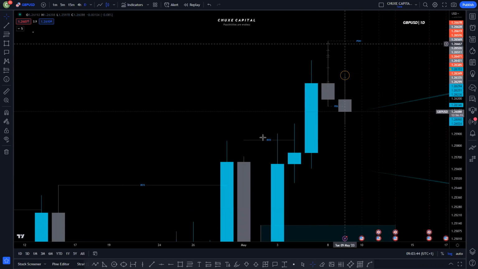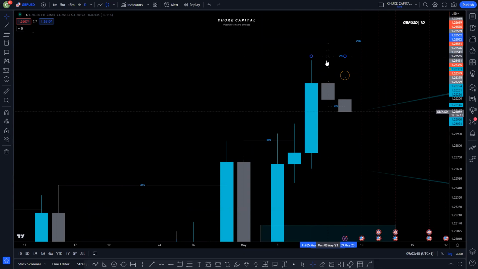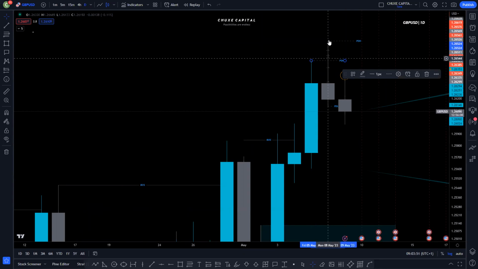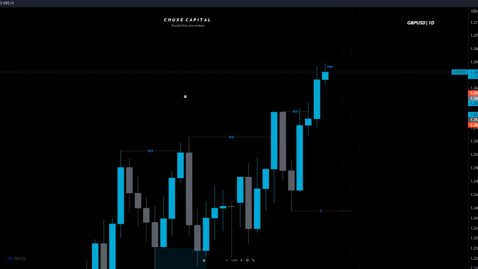Let me draw this here. Let me put this here. So the previous day high got taken, and my session was like, we're going to go down. That was the anticipation. And okay, so that was for the daily. And from what I marked here in the journal,